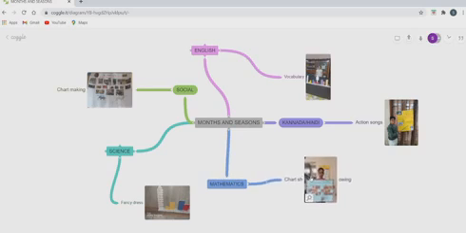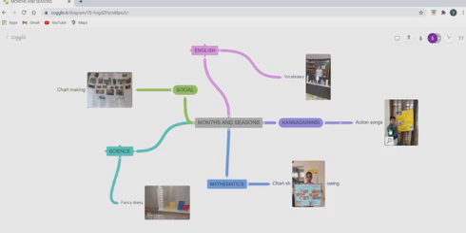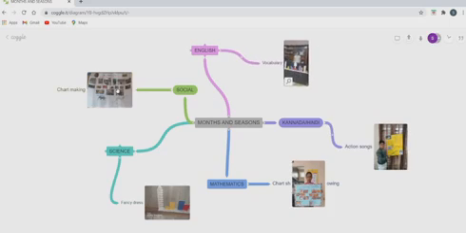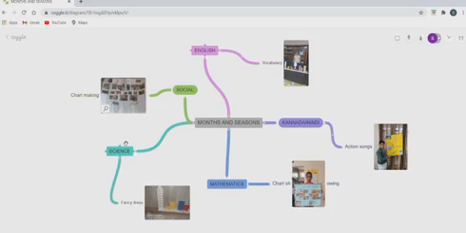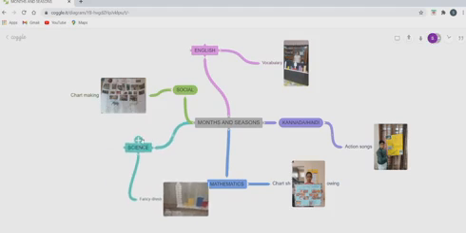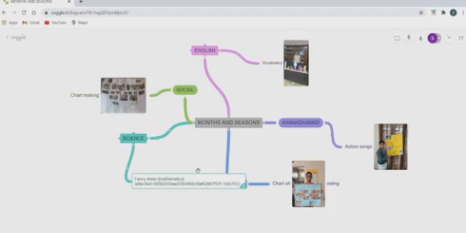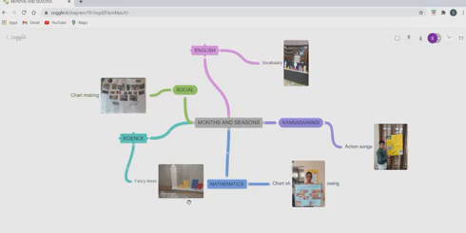If you want to adjust the sub branch, you either click on the image or on the text. So this is the Coggle mind map for 2nd standard.